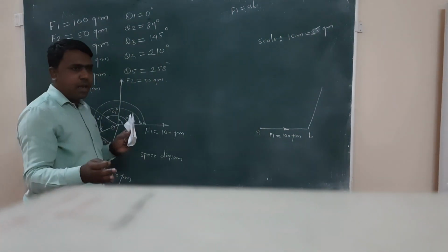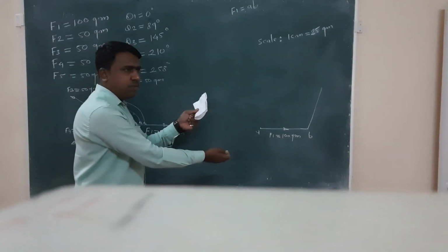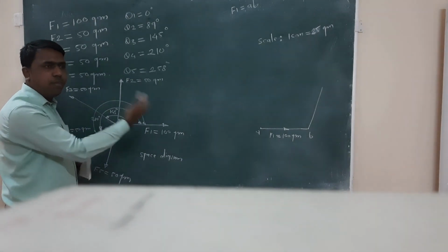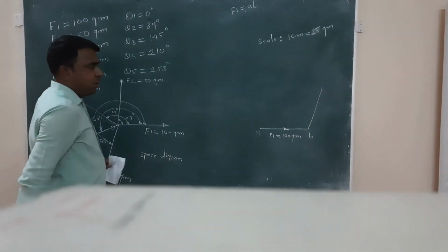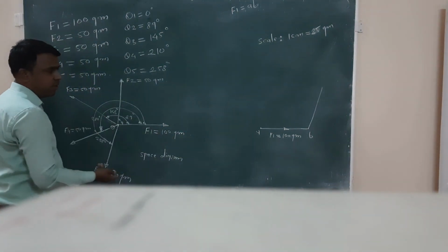So means क्या है कि वेक्टर डायग्राम जो भी ड्रॉ कर रहे हैं अपन, that vector diagram we have to draw with the help of the space diagram. तो स्ट्रेट डायग्राम का हेल्प लेके अपने को वेक्टर डायग्राम निकालना है, क्योंकि जो डायरेक्शन शो करनी है साइड्स की, उसके लिए अपने को स्ट्रेट डायग्राम की जरूरत पड़ती है.